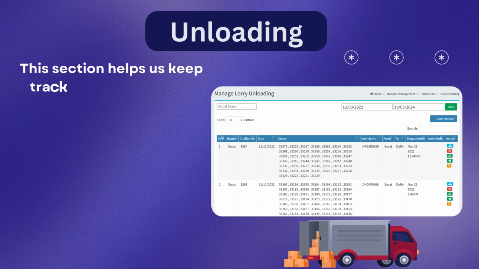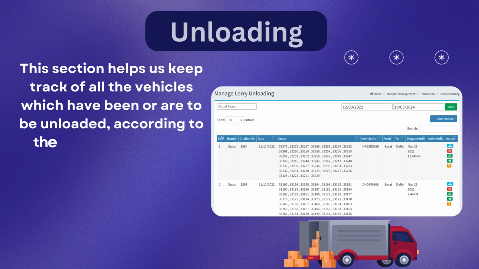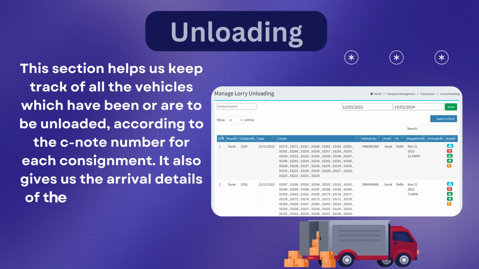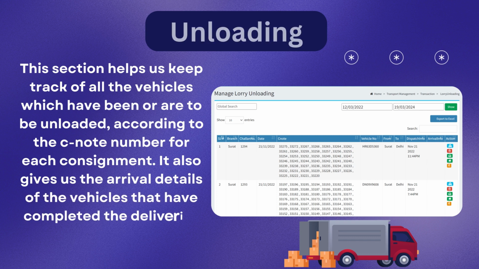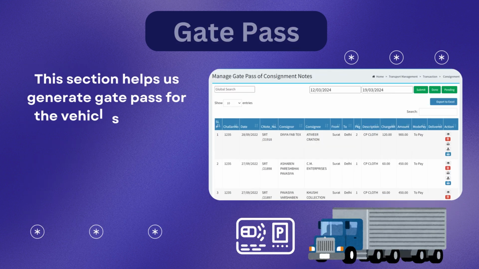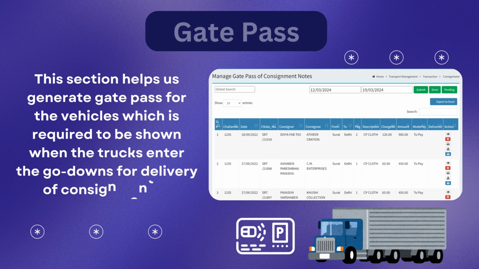This section is responsible for accurately tracking all vehicles that have been or are scheduled to be unloaded, based on the C-note number for each consignment. It also promptly provides the arrival details of vehicles that have completed their assigned deliveries. This section is responsible for generating gate passes for vehicles, which must be presented when trucks enter the godowns to